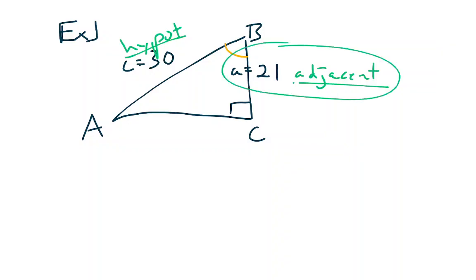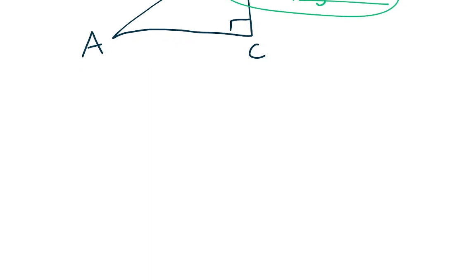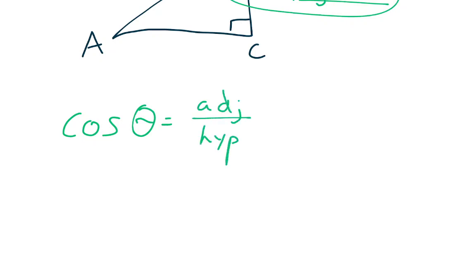I need a trig function that uses adjacent and hypotenuse. Does anybody know a trig function that uses adjacent and hypotenuse? That's correct, it's cosine, because cosine is adjacent over hypotenuse. Now, I should have labeled this "find angle B," just to give it a little bit more organization. So we're going to find angle B, we're going to use cosine,